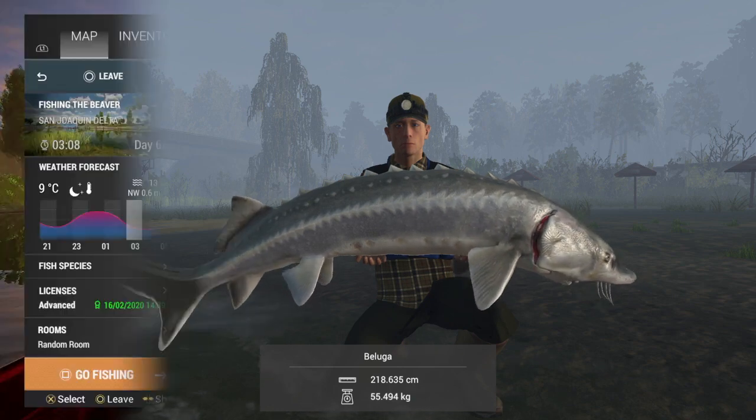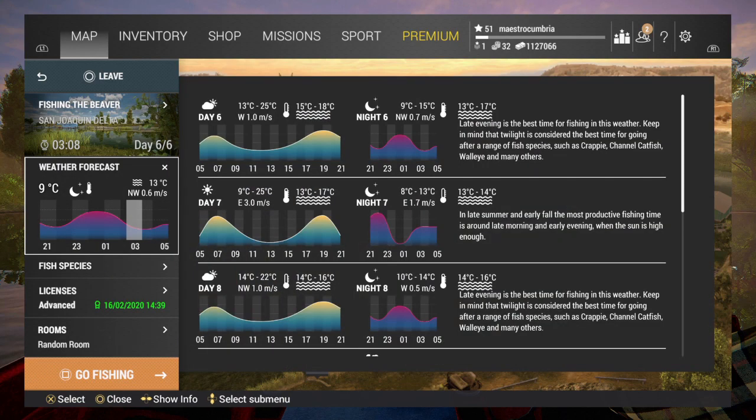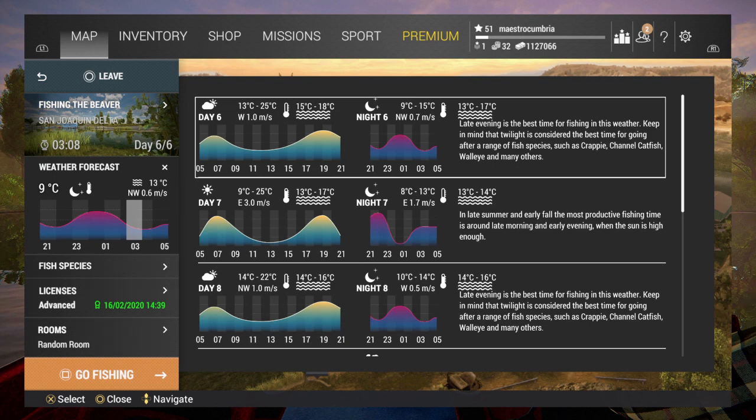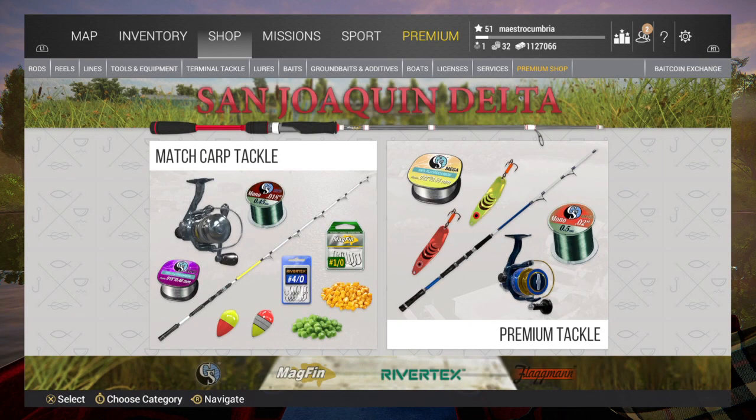I had been sturgeon fishing here at Fishing the Beaver in California for several levels. I think it's level 34 that you can get here. As you can see by looking at the weather, the peak period at night for these fish, for all fish probably, is from 11 o'clock at night. So